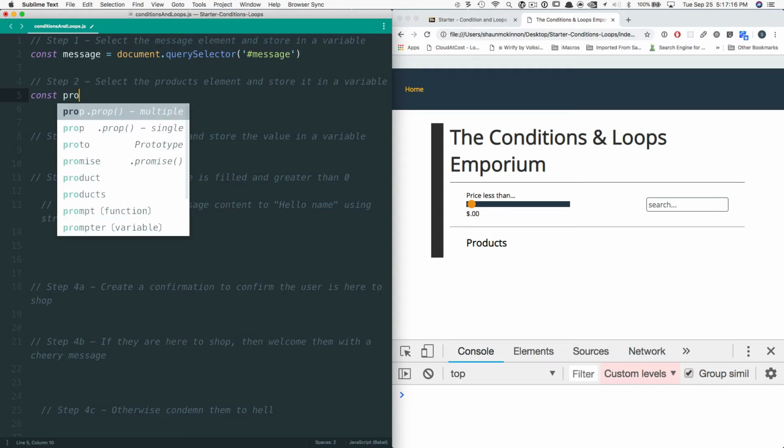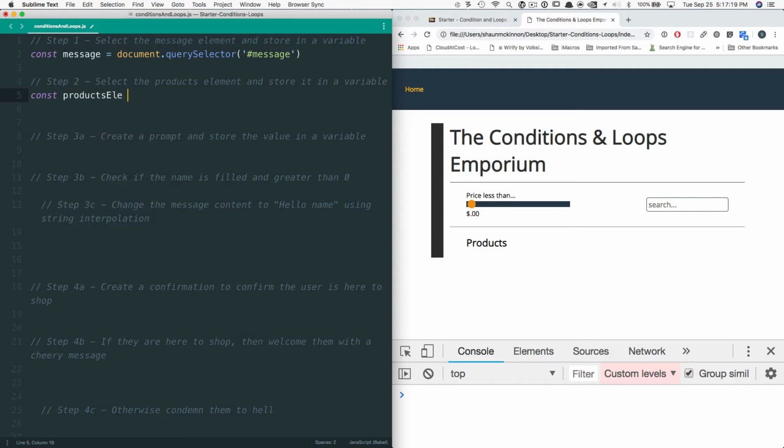The const is basically pulling back a reference point to the products element on the page. We're just accessing a reference, and that's what we're storing in that constant variable. Then we can do whatever we want. That's all it's storing. If we were going to mutate the value, so if we were going to take message and then grab a different document element and store it in there, we can't do that. We can't change the value. But we can change the object that's currently attached to it. Okay? So we're going to do document dot querySelector,